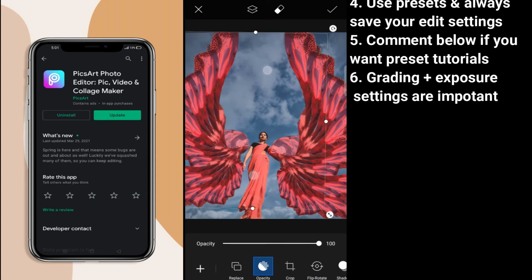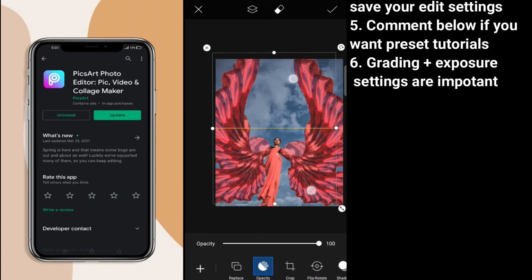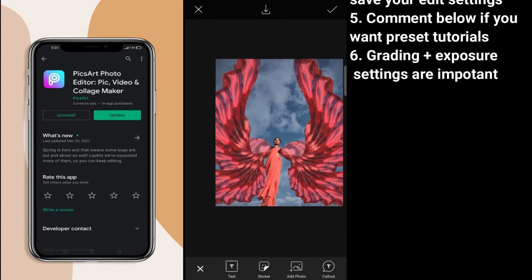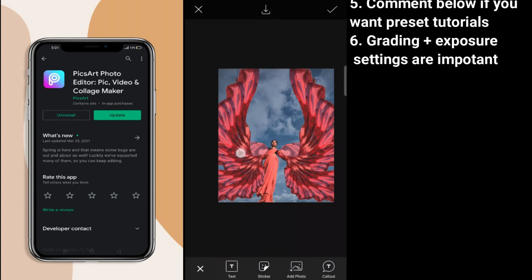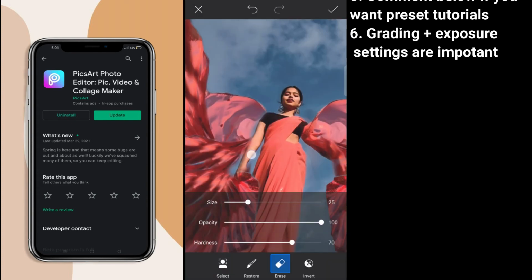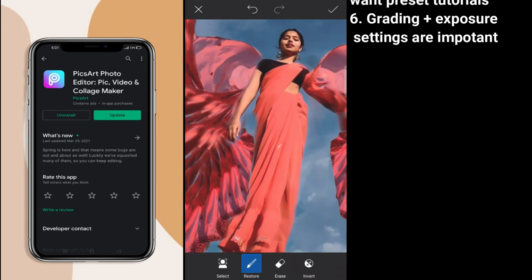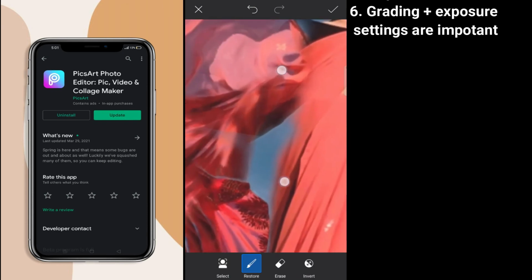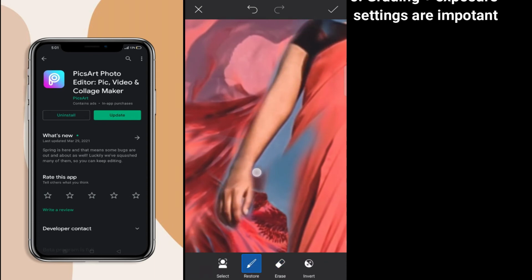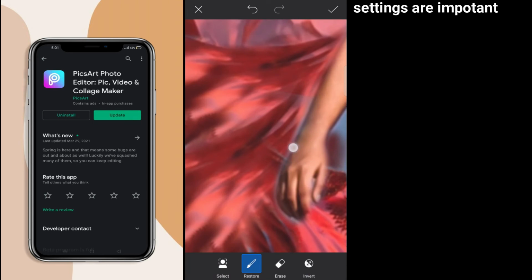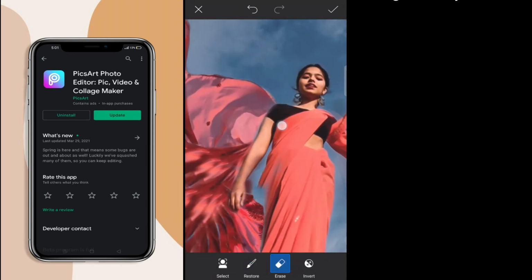So I actually made this edit, and I think I can even remove that hand. But then I thought that is so weird of me, because the other hand on the first side was actually behind my pallu, because it was in the air. But here I do have my hand, so I thought let's keep it. You'll see me do to and fro with the erase tool, and I'll keep working on it until I get a perfect line, like it should look okay from a distance, because right now we are zoomed in so much that you can see everything.